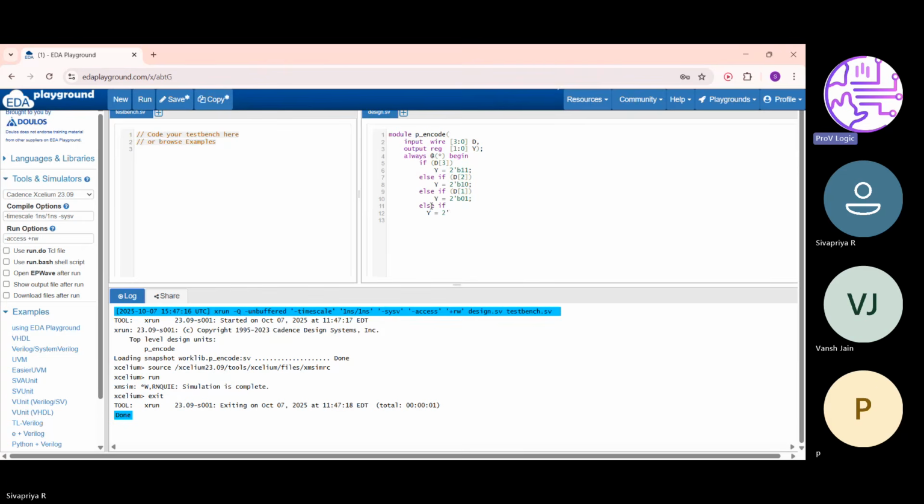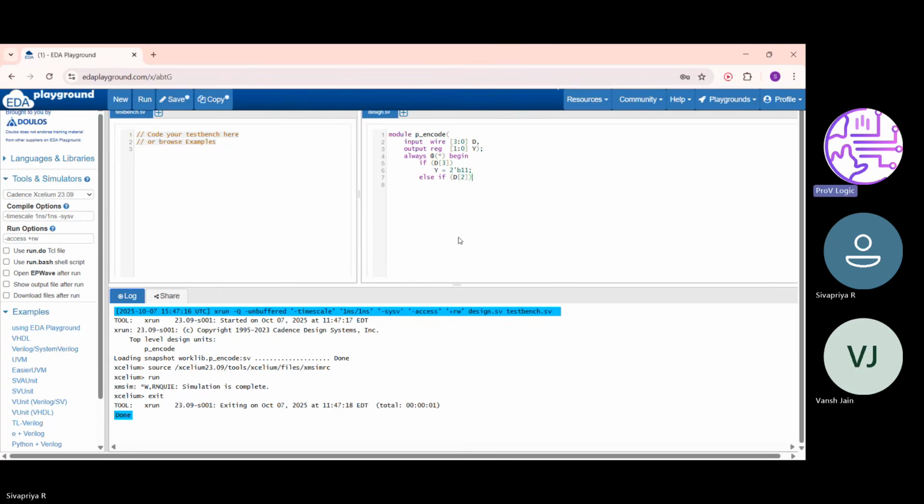Shivpriya, I asked about a priority encoder, not a normal encoder. So can you write it using a casex? I hope you got the idea now. You can take your time, no problem.